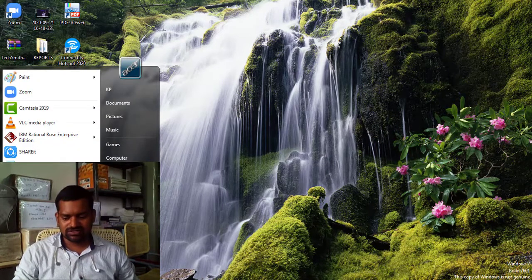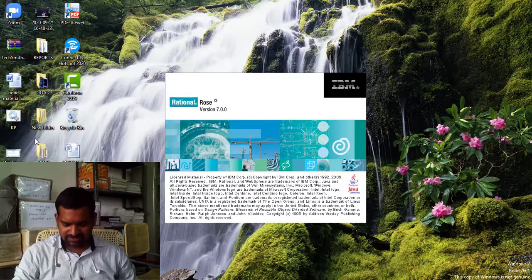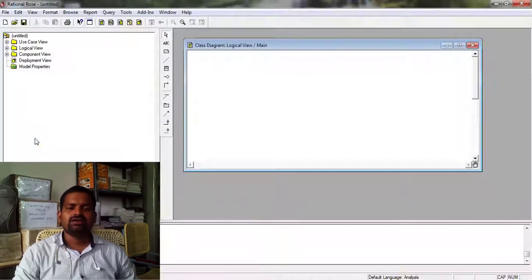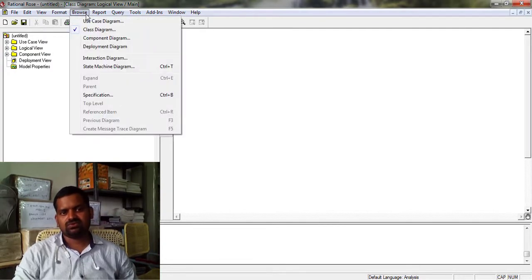Okay, start in the starting bar. On clicking Rational Rose Enterprise Edition, it opens like this. Go to Browse, and create a state machine diagram.